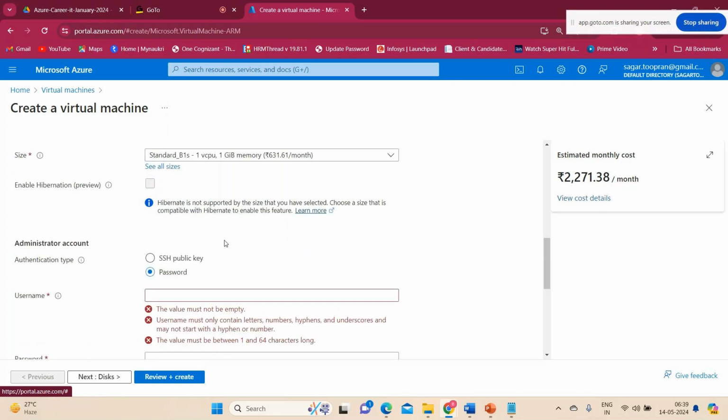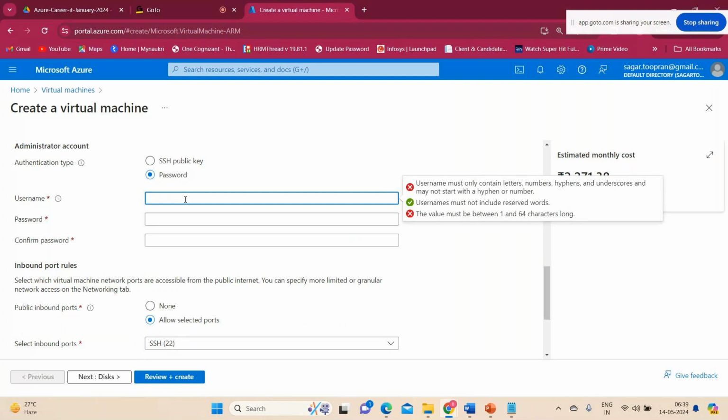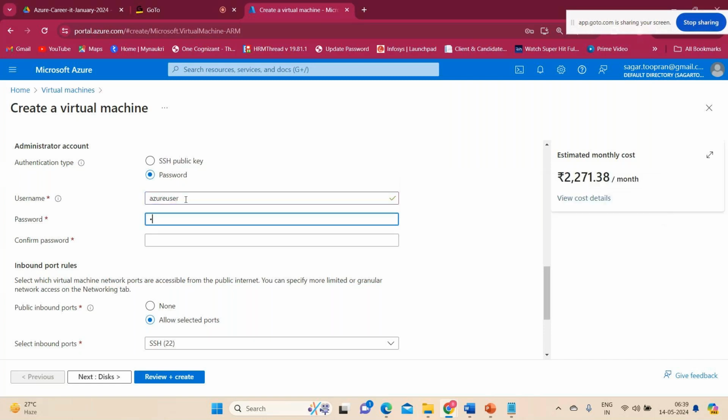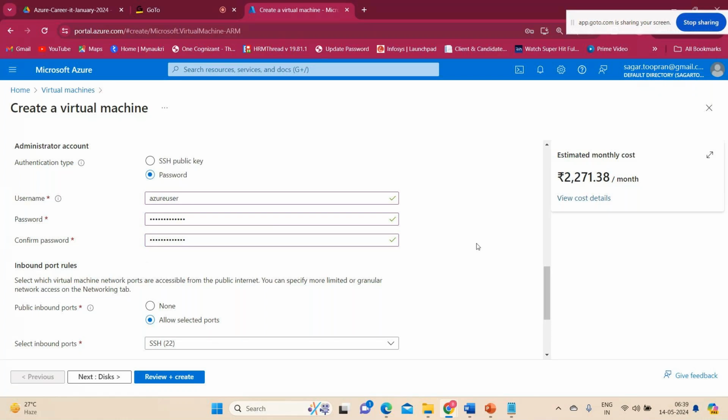And then you have the Azure account login. Basically, this is a machine login. When you buy a laptop, you require a username and password to log in, right? In the same way, I'll give one as Azure user, and Azure password. Fine. So give the username and password, and then